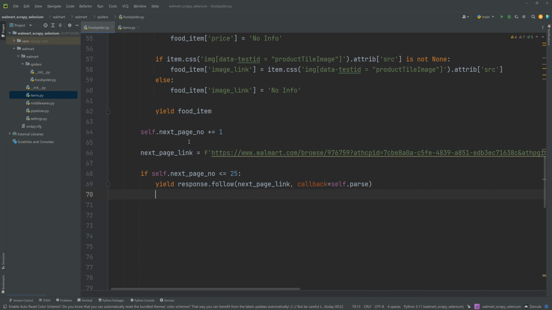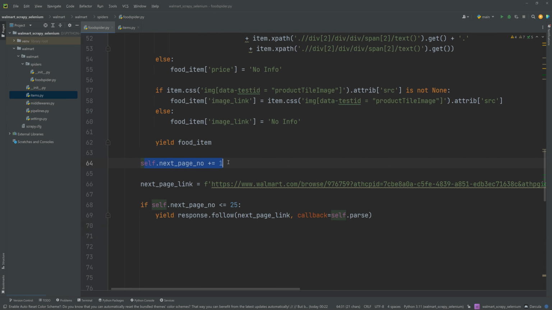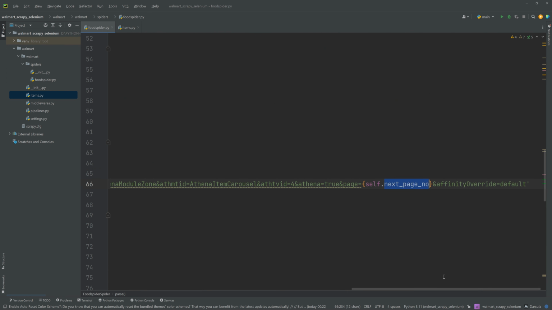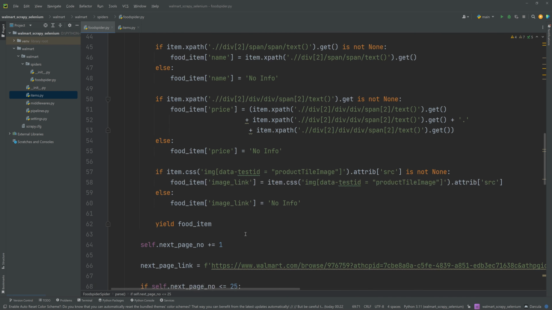So after the loop completed, after we get all the items from one page, we are going to increase the number of the pages, and then take the link of the page using this next page number. Then we will check that if it is smaller or equal to 25, then we will go to this page and do the same thing over and over again until we get the 25th page. Okay,